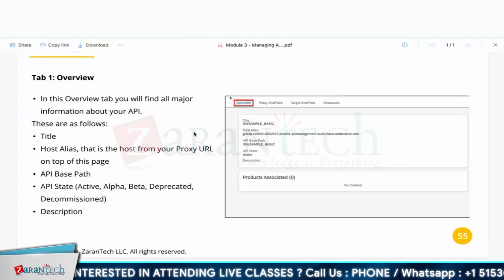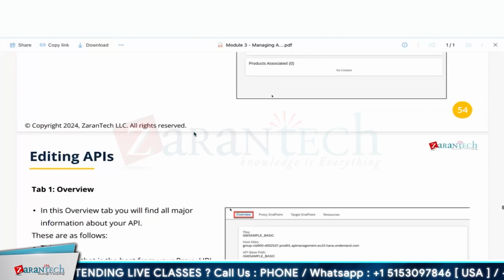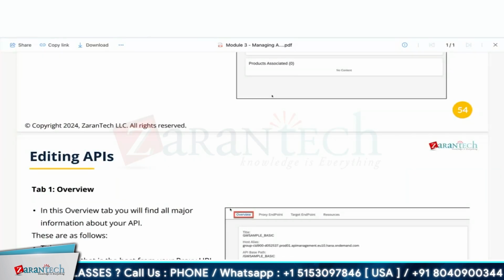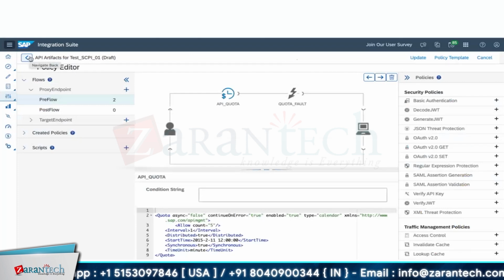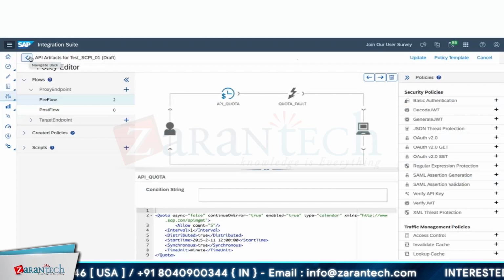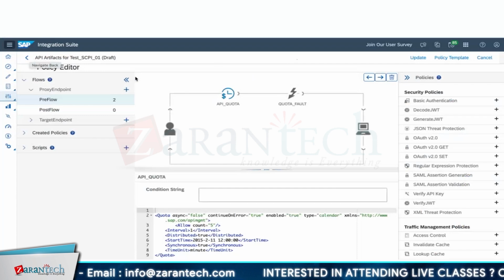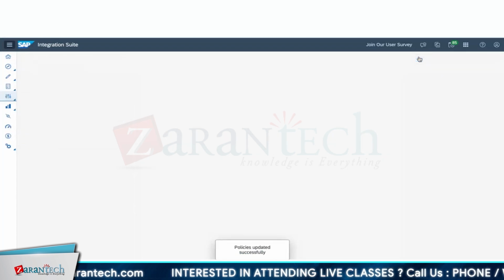Sure. Okay. Another thing I would like to touch upon is the revision history. In SAP, you can have version management separated for every different iFlow that you create. But in the case of API management,